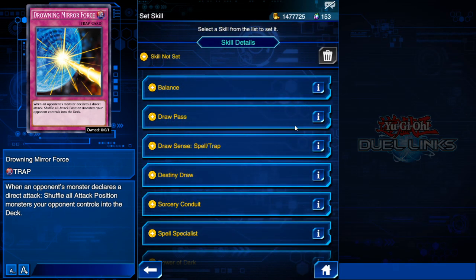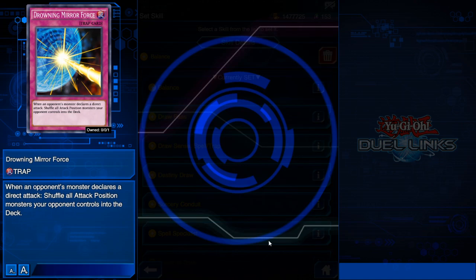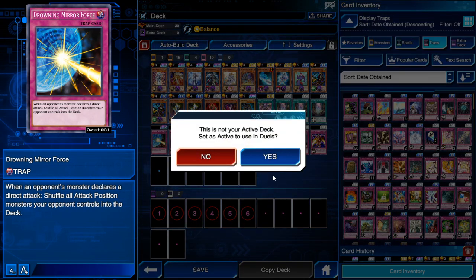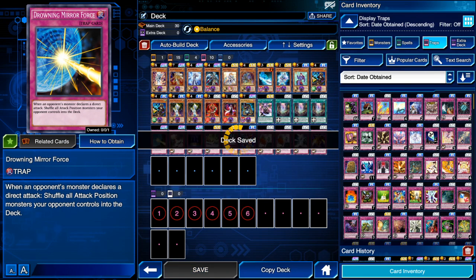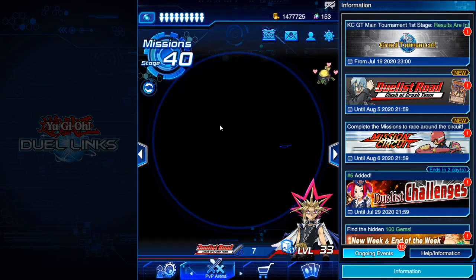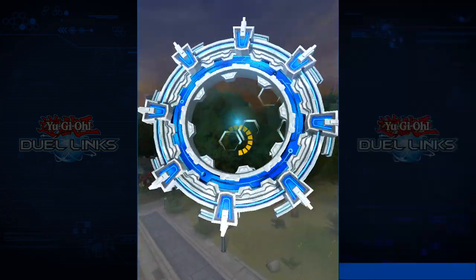Then let's set our... set this to balance. I'm going to save. Make this our active deck. Alright, the stream's going to go a bit long because we're going to test this out against Maximilian Pegasus at